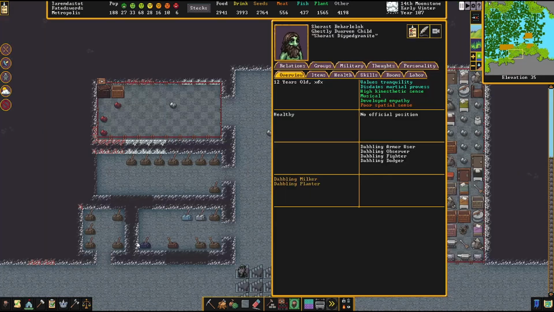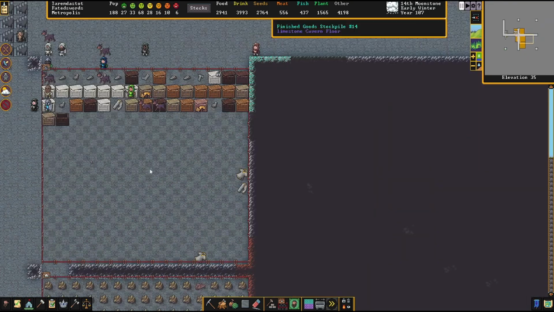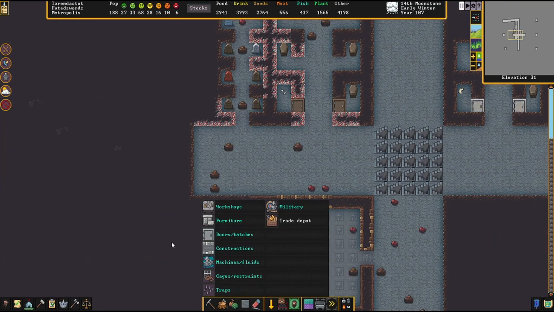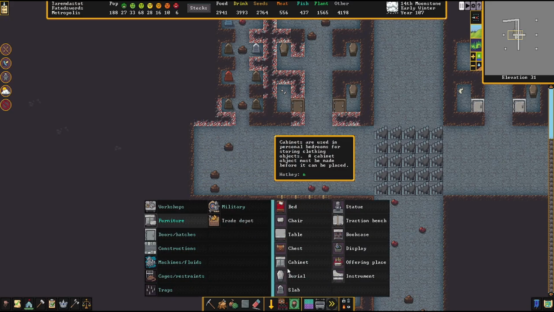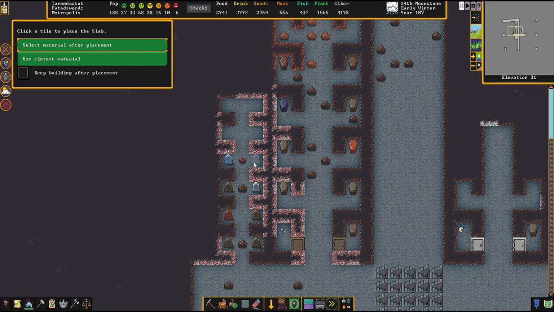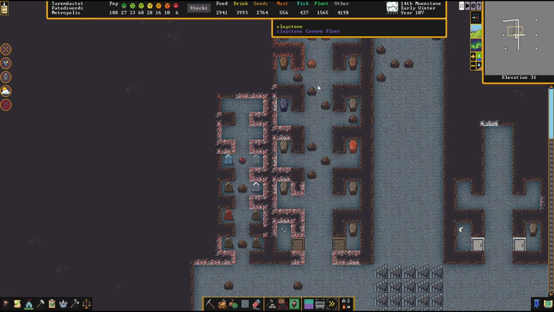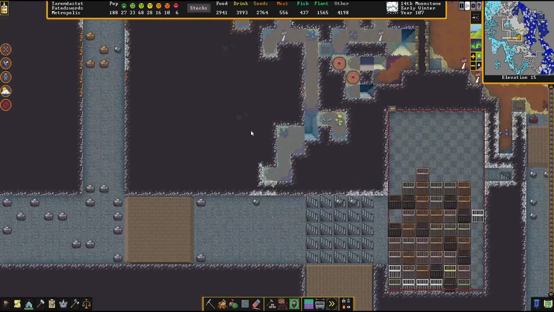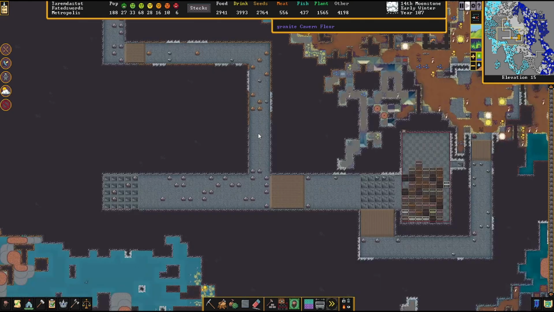Ooh, we got a dwarven child that we need to maybe entomb here. Let's see if I've set up that slab to get all set. Yep, there we go. That should be good. We're gonna hit play. We're gonna come down here, double check on this